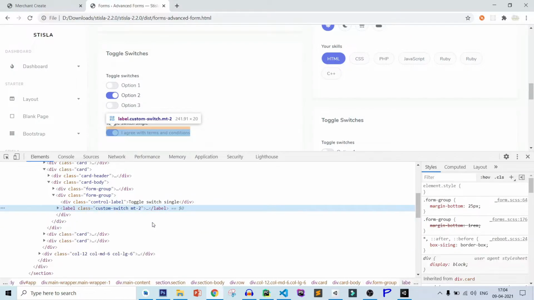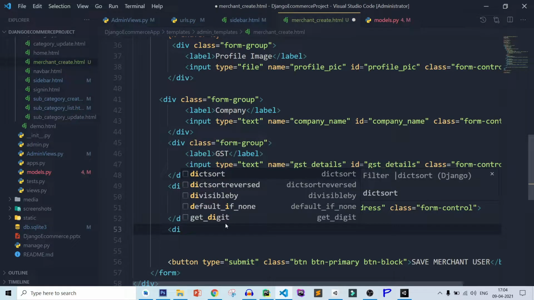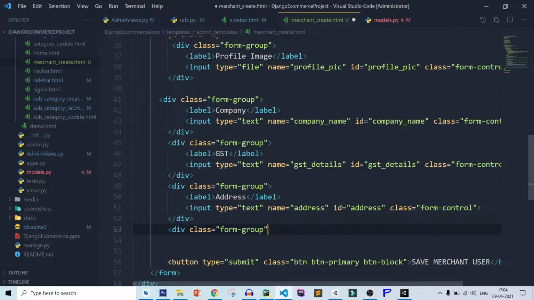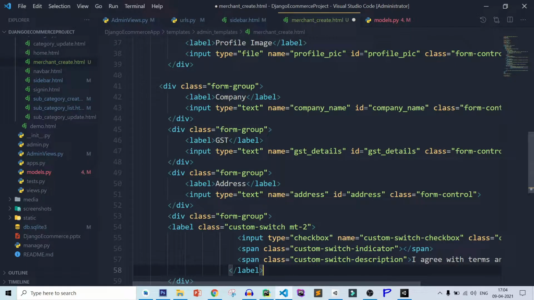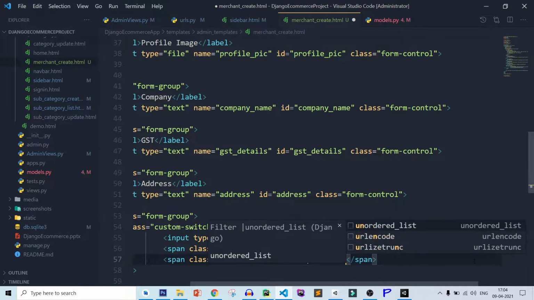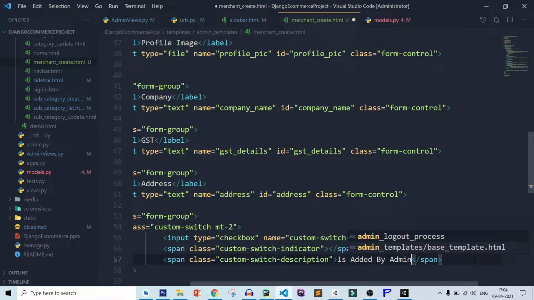Let's use these switches, so copy it. Div class equal to form group, div, and after that here, is added by admin.